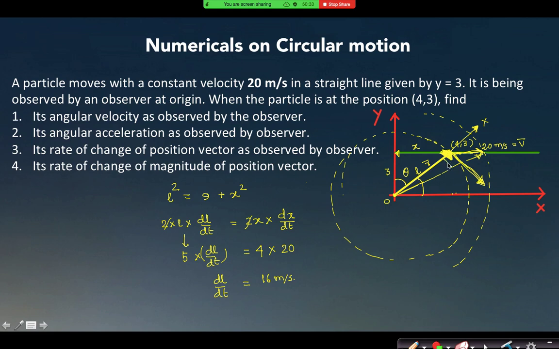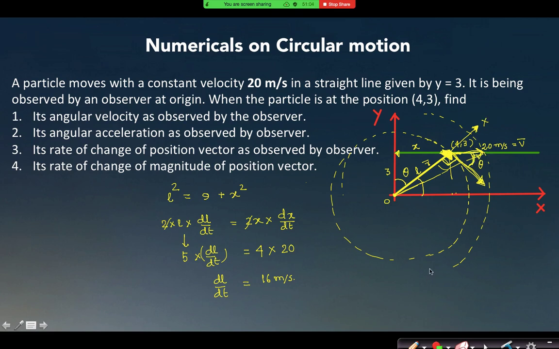As it is perpendicular to the r vector, can it change the magnitude of the r vector? It is changing the direction. Right? Now, if this angle is theta, can I say this angle is also theta? This angle is theta, that means this angle is theta, so this angle is also theta. So just try to calculate what are the two components of the 20 meter per second vector along these two